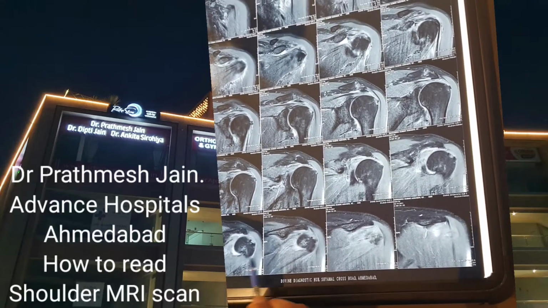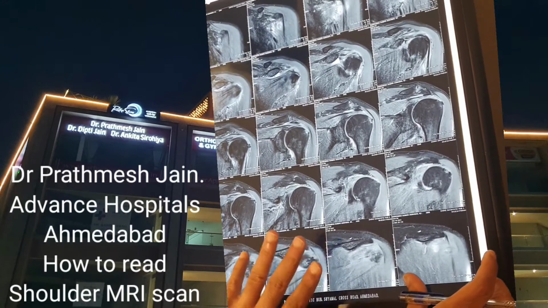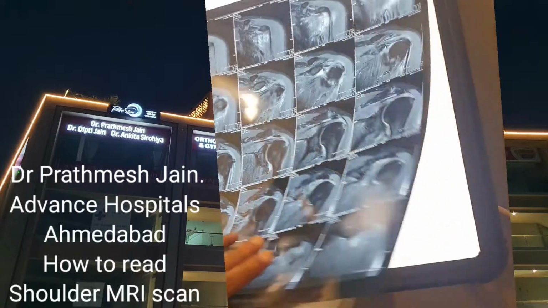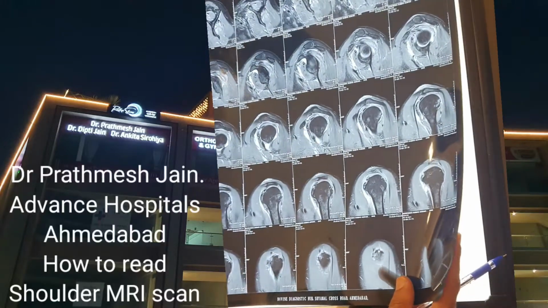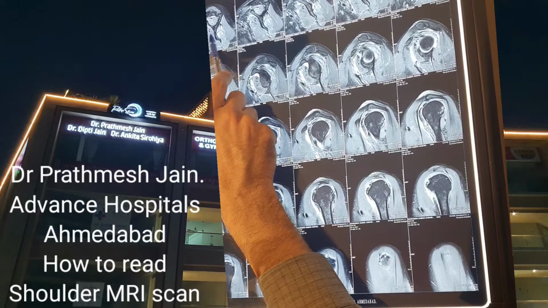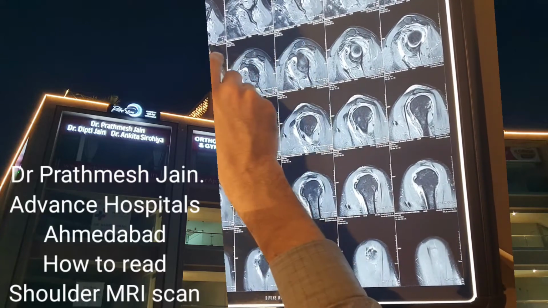You have the teres minor. This is the teres minor. This looks good. So basically, this is again sagittal images of this particular patient, which shows that there is a rotator cuff pathology. Now when we see the coronal images in this particular patient, again we go from medial to lateral. Again there is not much of an atrophy kind of changes. So again it looks like a subacute tear, Y-shaped view.